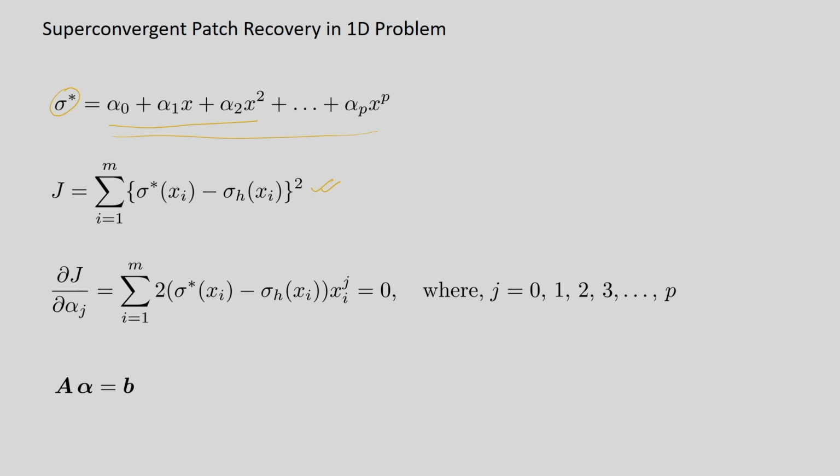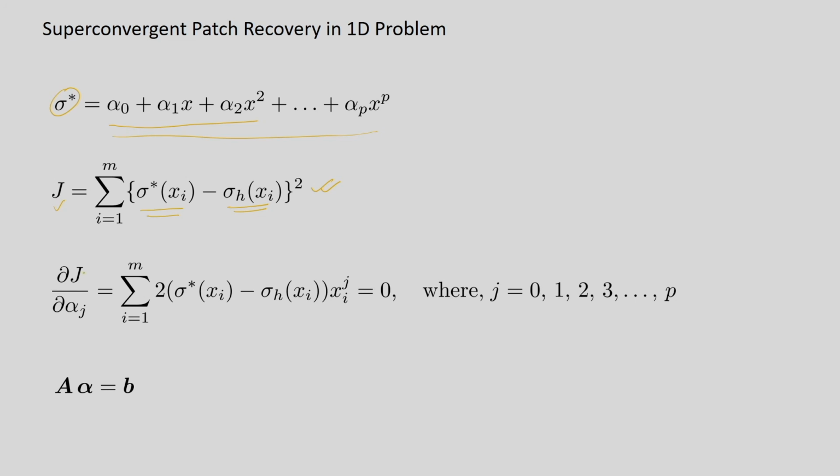Just note down, when the degree of the shape function assumed for the displacement is increased, the number of data points, or superconvergent points, in each of the elements also increases. So the number of sigma h xi also increases. Suppose I use p equal to 2, then in each element we have 2 superconvergent points, so in a patch of 3 elements we will have 6 data points. Then we will write the error function as J, following the earlier strategy.